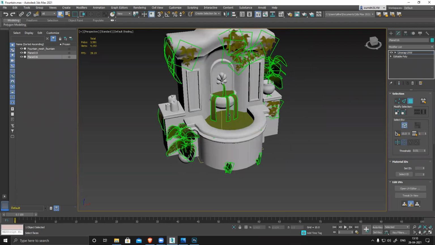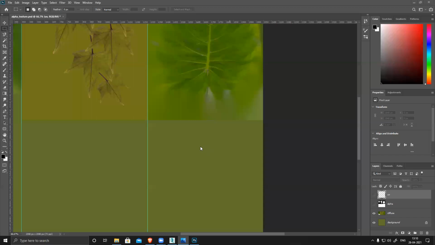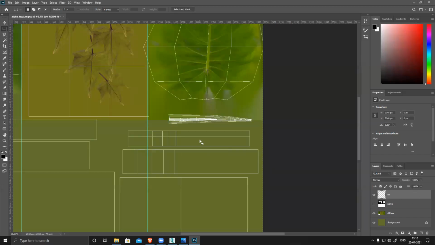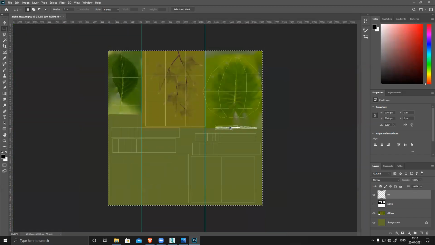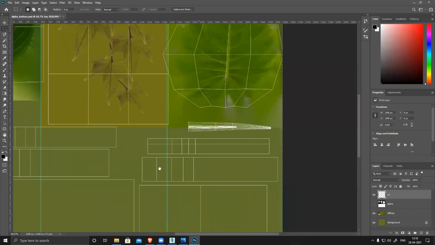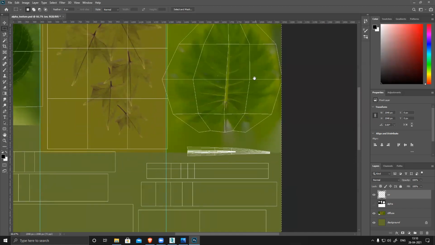Now I need to create this water thing. So I can do that. Now I have my space. You can see everything is visible. If I need a stem, or maybe something greenish like this, I can simply copy this texture, stamp all layers, current and below.